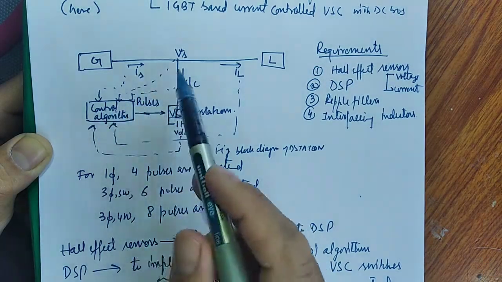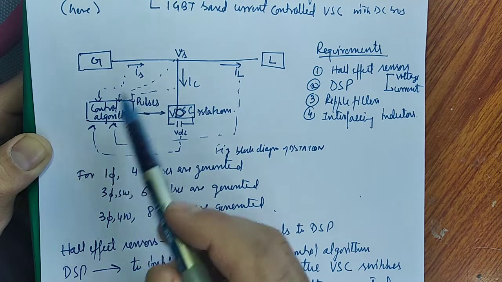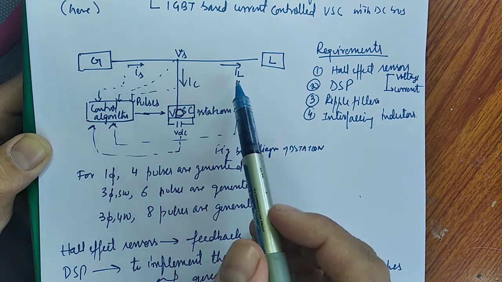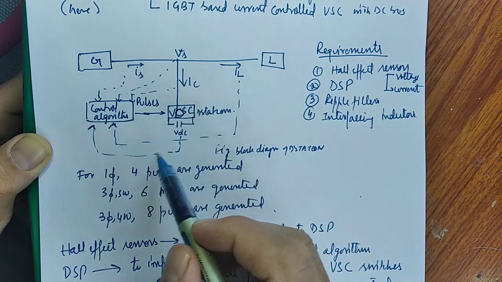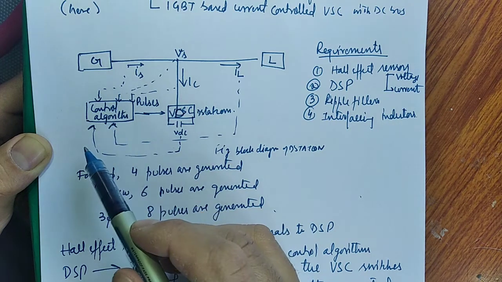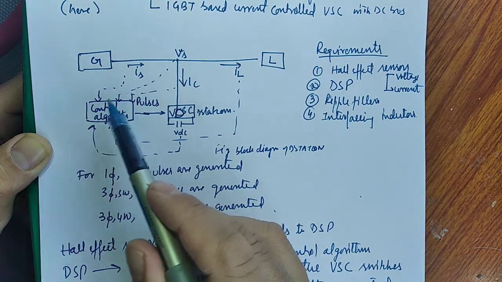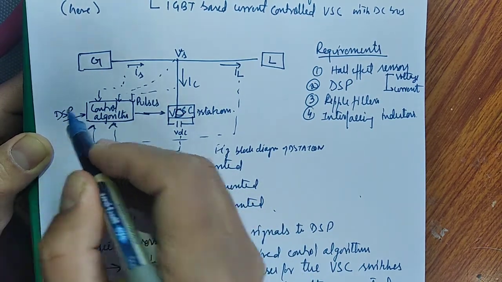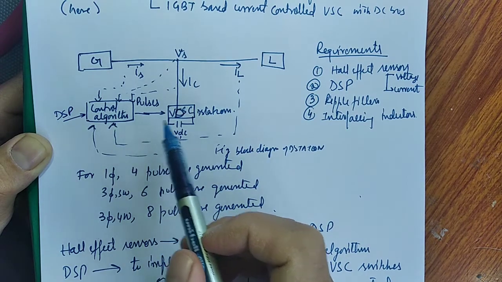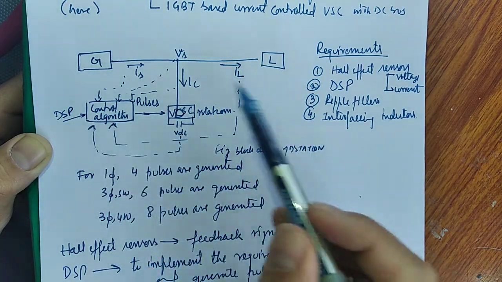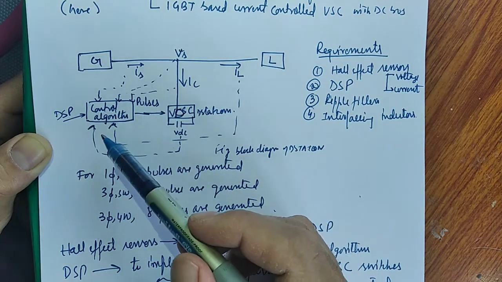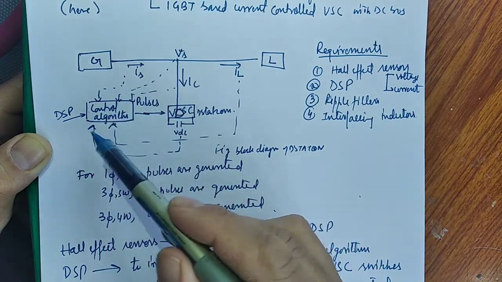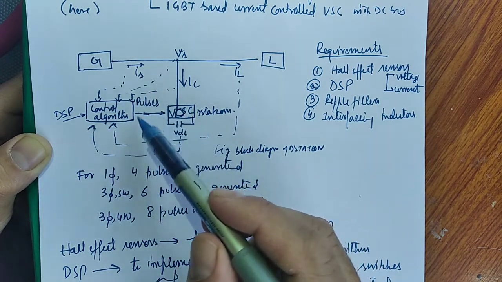So what should be the input of this controller? It should be source current or compensator current. It can be PCC voltage or source voltage, load current, and this DC-link voltage. These are the feedback signals which we give to this control algorithm or DSP, digital processor, to implement this and to generate pulses for this VSC. This is how the pulses are generated. Basic block diagram: these are inputs, feedback signals, and by implementing the control algorithm we will generate the pulses for this VSC.